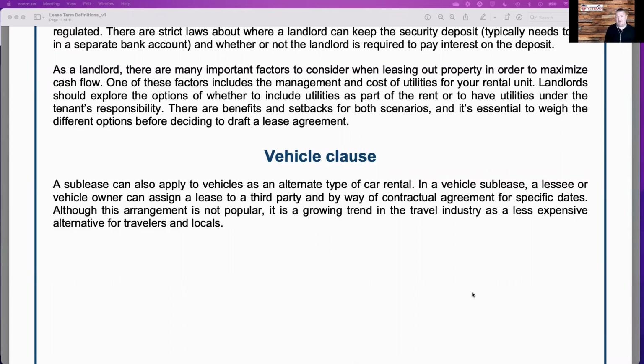Believe it or not, I've had residents who have actually parked commercial vehicles, or allowed people to park commercial vehicles in their driveways and collected money off of it. That's not really going to be allowed. You don't want people parking their vehicles like that, because in a case like this, it could be a fine from the city for parking those vehicles in the wrong places. So a vehicle clause just simply says, here are the vehicles that are authorized and allowed to be on the property.